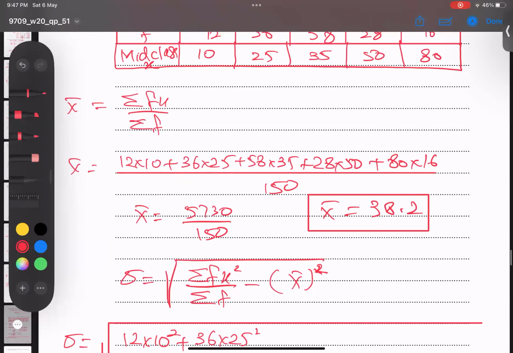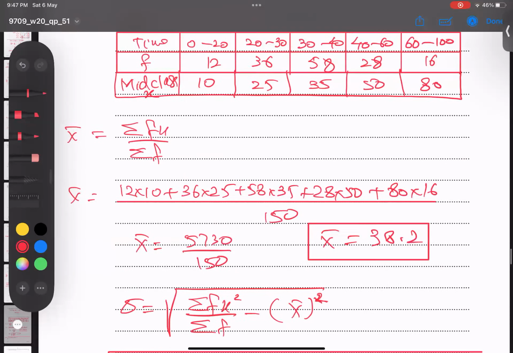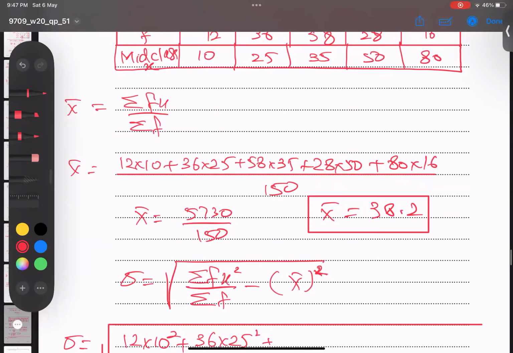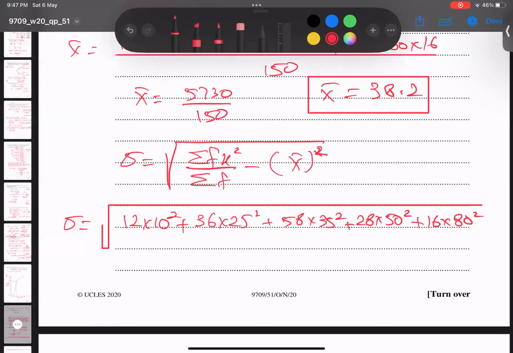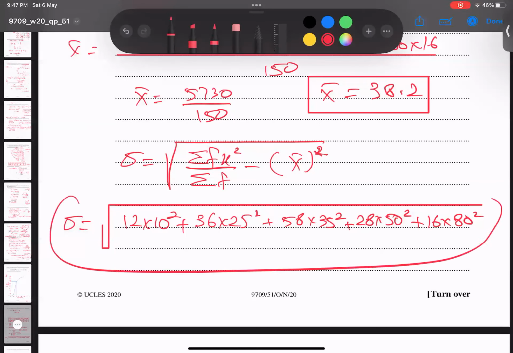Can I see the top values? Yes. Then what is that number? 58 times 35 square. Then 28 times 50 square. Then 16 times 80 square. Sorry, I need a space to write it, so I have to shift it slightly back and